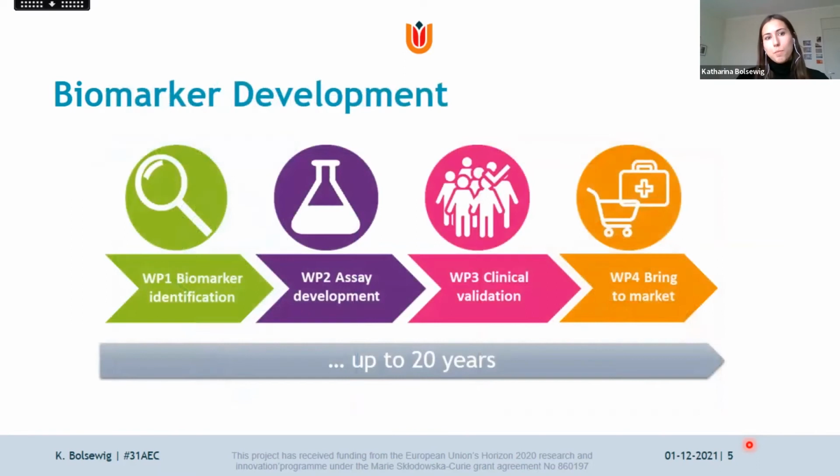So as Charlotte already mentioned, for biomarker development, we go through these different phases. We first need to identify an interesting protein that could be a biomarker for our intended use. We need to develop and optimize an assay for the detection of this protein. We need to then clinically validate that we can really differentiate between groups using this protein. And in the end, we need to make our assay market ready so we can implement it also in the clinic. But this whole process can be very lengthy and can take up to 20 years,